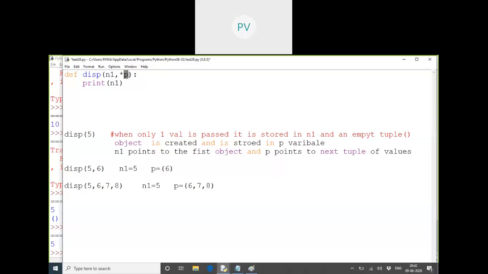It's a tuple object created. So while calling the function, if you pass only 1, the second will be automatically empty. We don't have to do that. Internally the code has which object? A tuple object. So we can pass 1, 2, or 3.